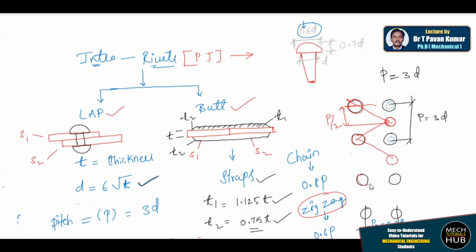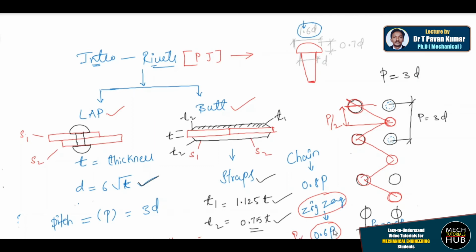This is going to be the next rivet. This is another rivet. It all depends on the application point, where exactly and how exactly they are going to use it. This red line, what you could see, is a zigzag line. It is not a linear member, so we call this a zigzag arrangement of a riveted joint. So in the question, if they specify that it is a zigzag kind of arrangement, then you are supposed to consider 0.6 P as the PR, pitch radius.